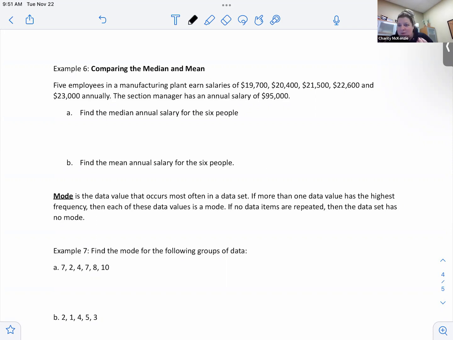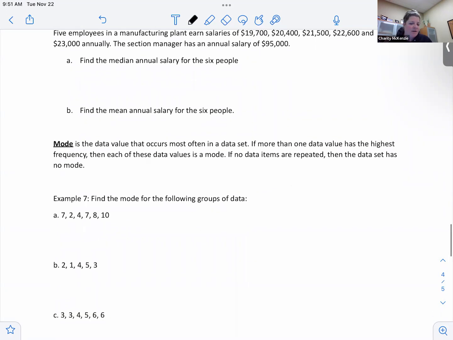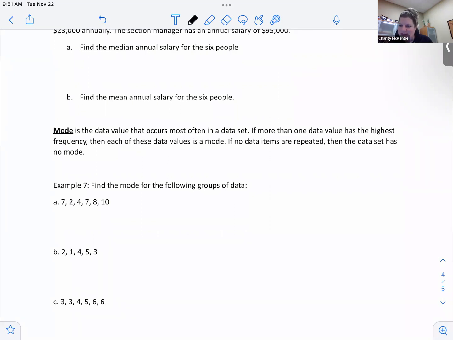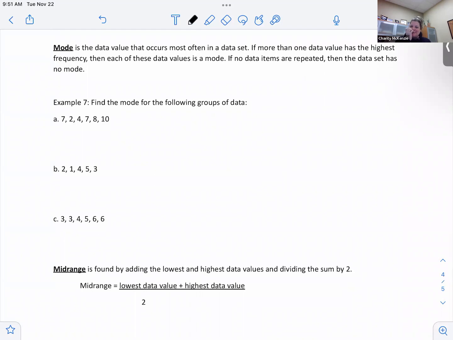So we have to have another way to find the middle. Outliers mess up my mean. So I don't even want to do the mean and median of this. I just want you to know if you have an outlier, use the median or the mode. But the mode's a little weirder because it doesn't always happen.